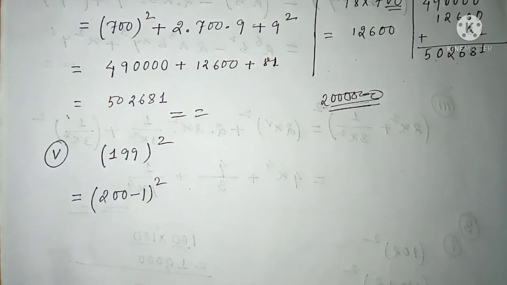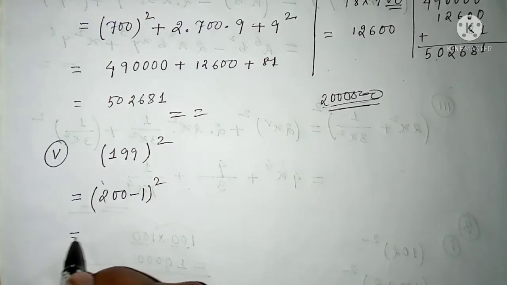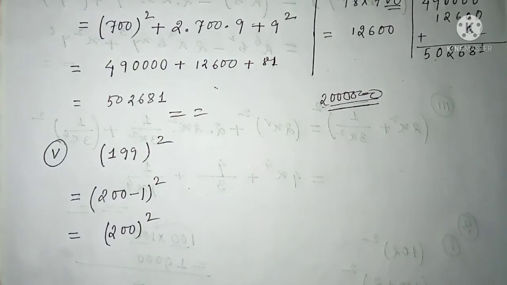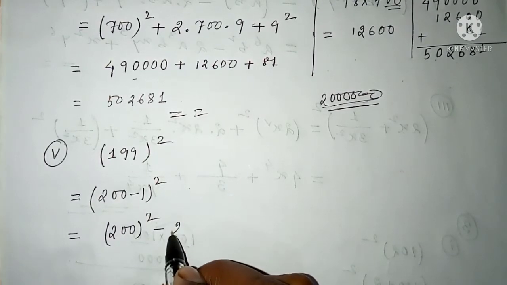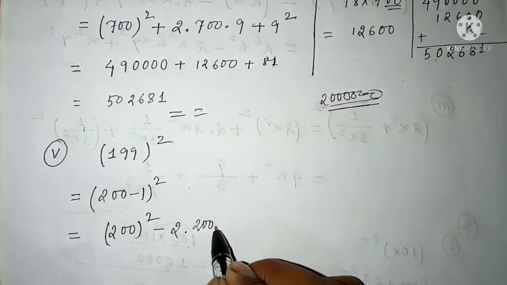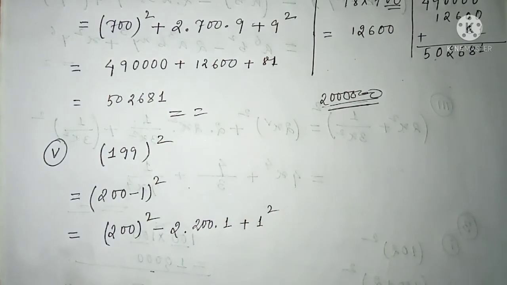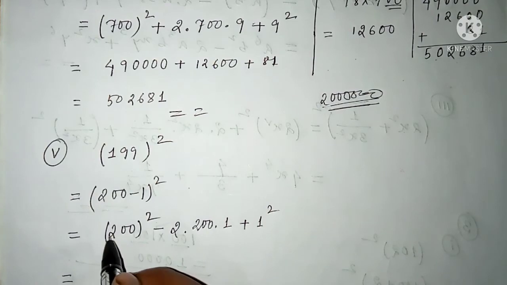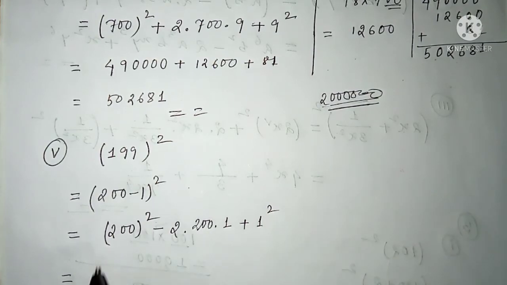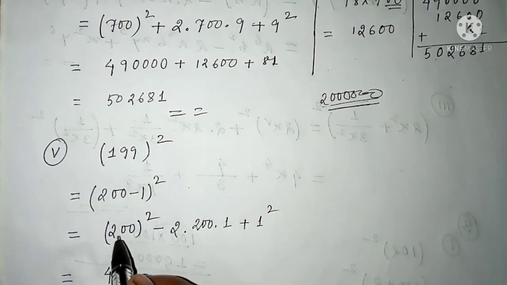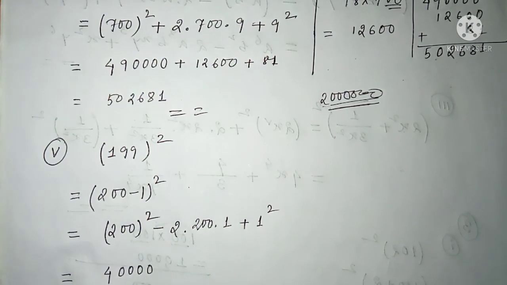Now this is in the form of a minus b whole square. So we know how to expand this one. Square of first term, minus 2 times first term into second term, and then plus square of second term. See how easy it is. 200 square, if you multiply, would be much longer. Very simple. 2 square means 4. Now 2 zeros here, squared means double, so you make it 4 zeros. Verbally I can multiply, so that's why we are writing in terms of zeros.